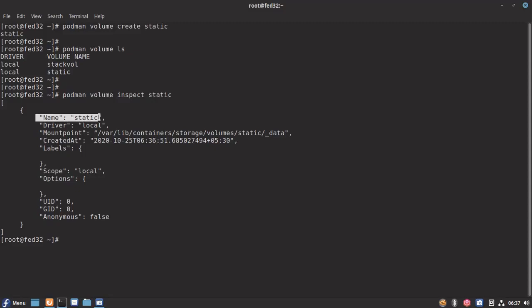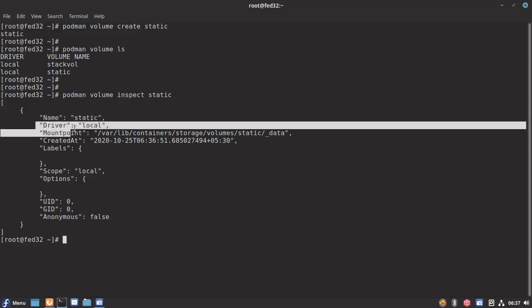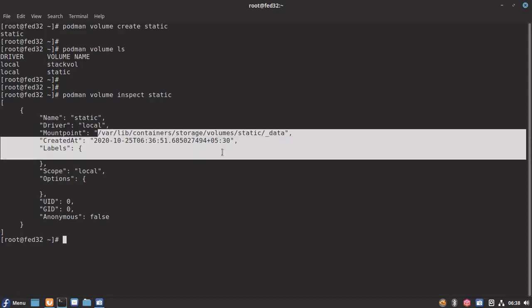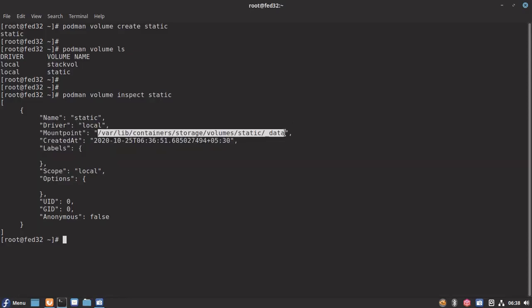You can see this is the volume that we have just now created, with all the information. It has the name static and the driver. As I said, by default it will create a local volume, and this is the mount point on the host machine where this volume data is going to be persisted. This is the path where the data which we want to persist between containers is going to be stored. This is how we can check where exactly our data is getting persisted. Right now we know where it is persisting. So let's try to use this volume and create some content in that location.